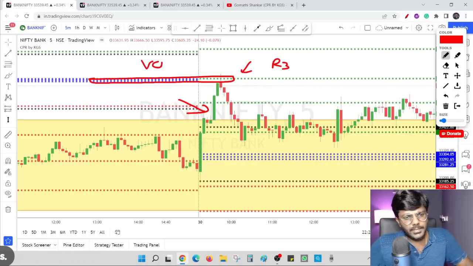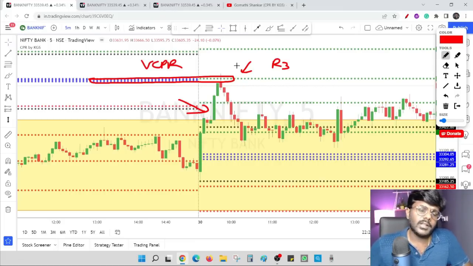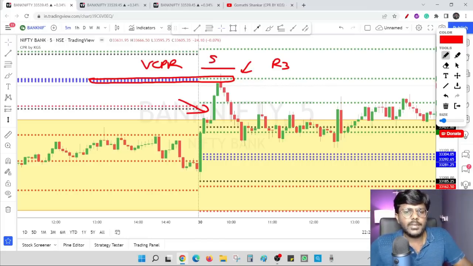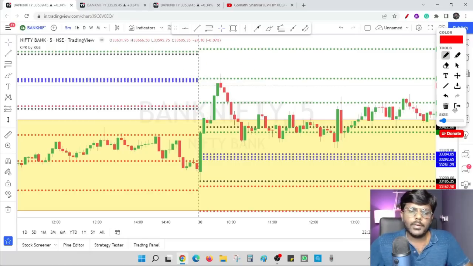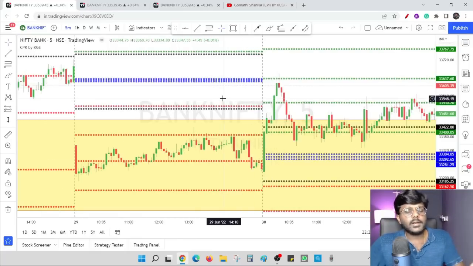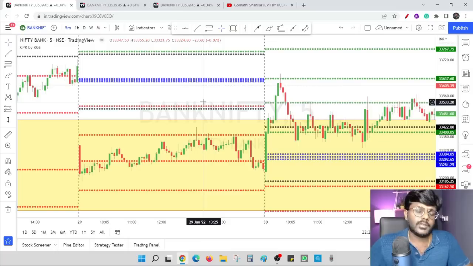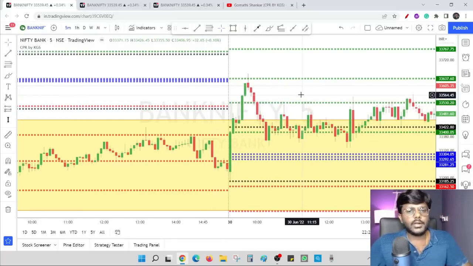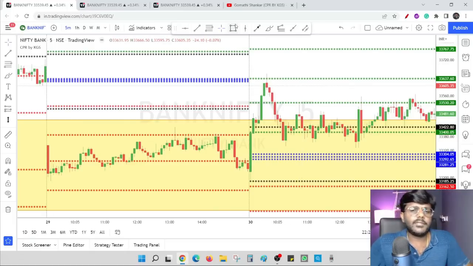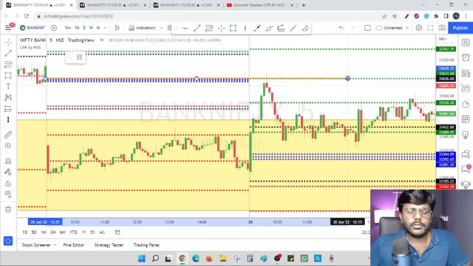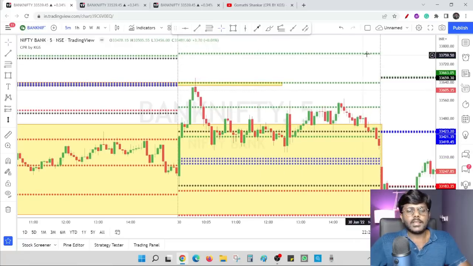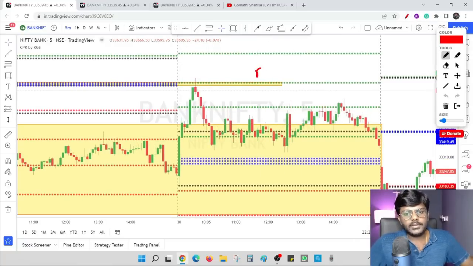So this is Virgin CPR. Exactly at Virgin CPR, the reversal is happening. Now, can I take a short position in this Virgin CPR reversal? Of course you can take, because your stop loss is going to be above Virgin CPR and your stop loss is less. And moreover, Virgin CPR works well if there is a good setup like this. There are many days the market doesn't respect the Virgin CPR and Virgin CPR goes in vain. But this particular day, the Virgin CPR gave a perfect resistance for the market, and there was a strong rejection candle. The market was rejecting at Virgin CPR as well as at R3.